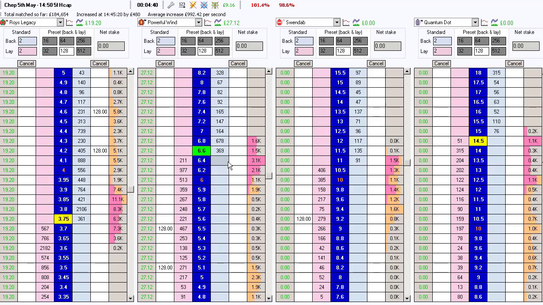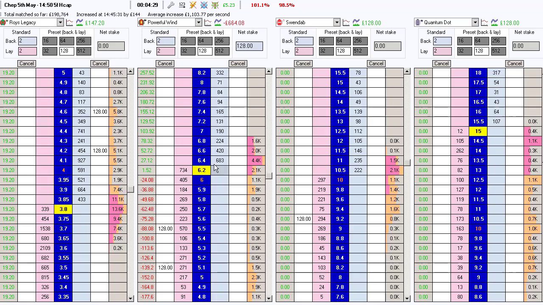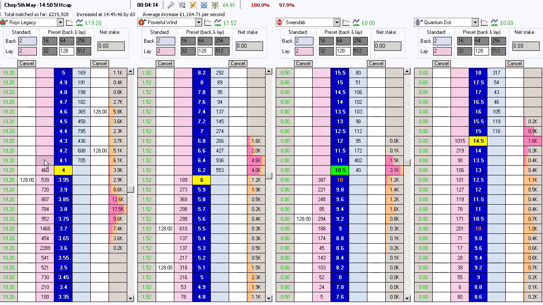So let's reevaluate the position we want to be on here. There's a fair bit of money just above the price at 6.2. And we can begin to see the favourite starting to weaken here. So this makes me slightly more nervous about the position here, so I'm just going to dump it. And we need to be looking to do something over here. So you can see I was just quick to dump it. So I'm going to pop an order in here. Let's see if we can grab